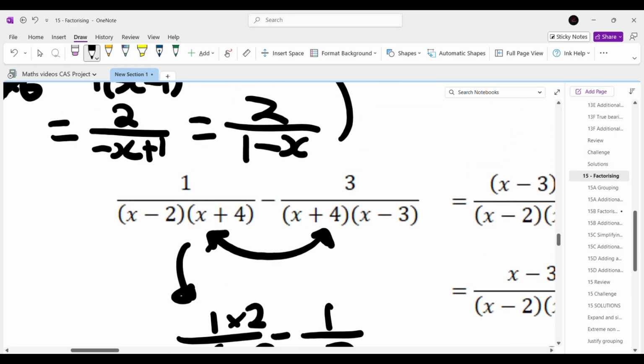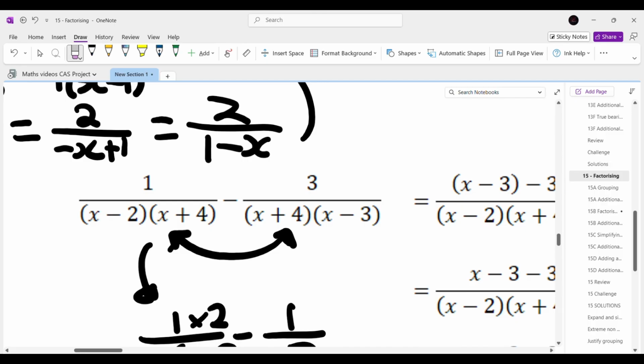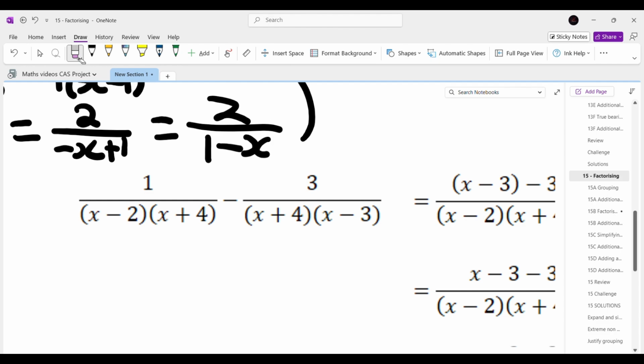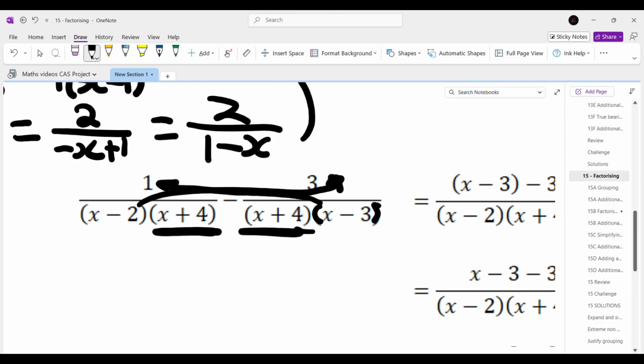So what we're doing here is we're simplifying these denominators into these factors, right? So we've got x minus 2 times x plus 4, and then over here x minus 4 times x plus 4 times x minus 3. So the x minus 4 is already shared, so we don't need to do anything with it. So we'll just multiply this side by the x minus 3, multiply this side by the x minus 2, and